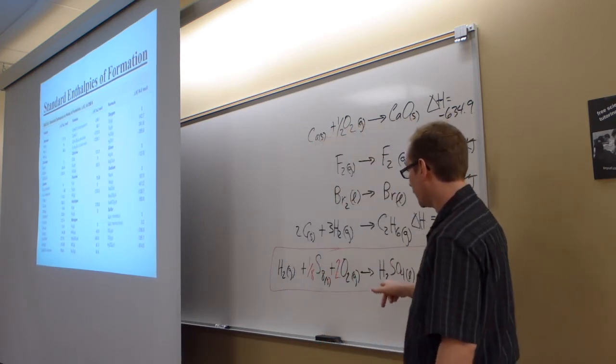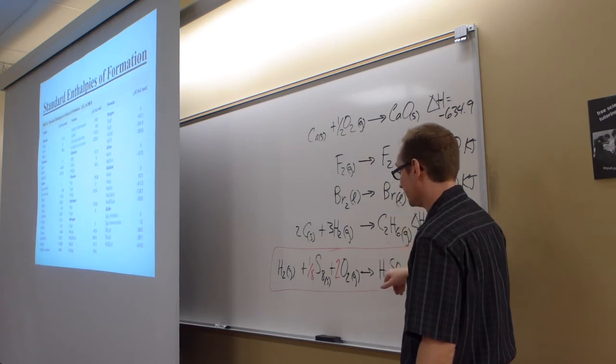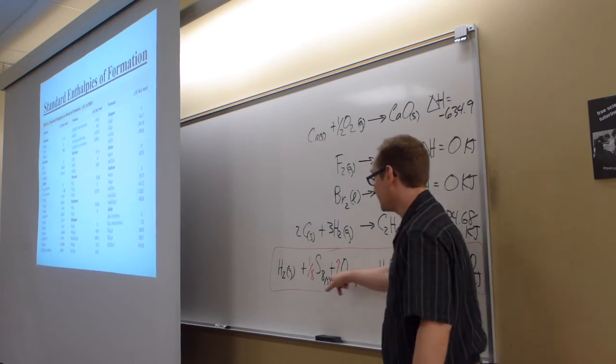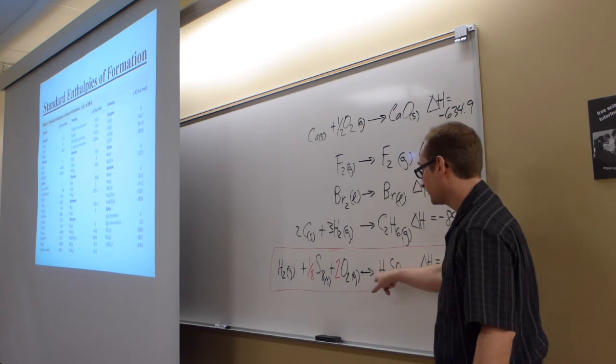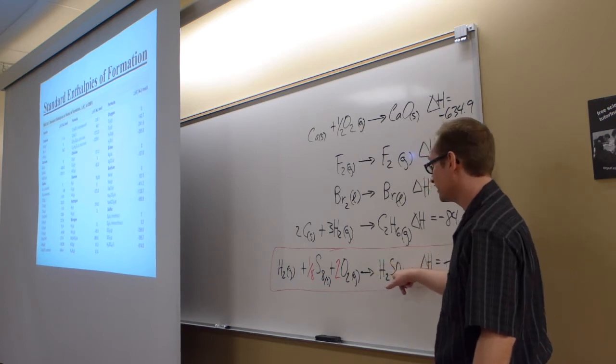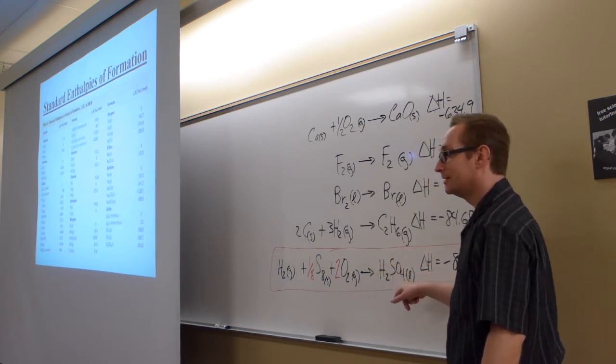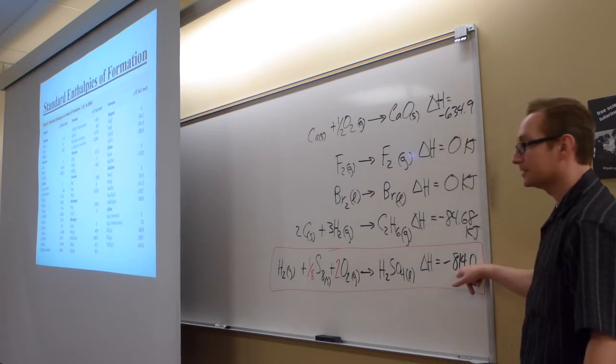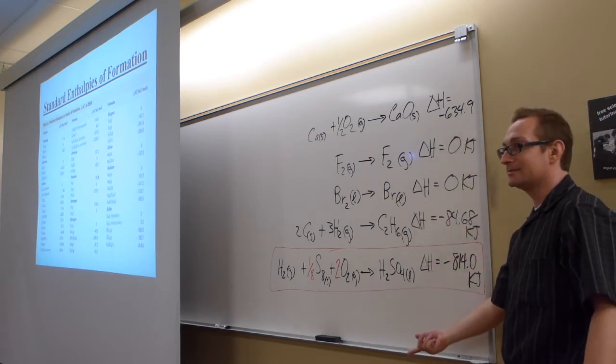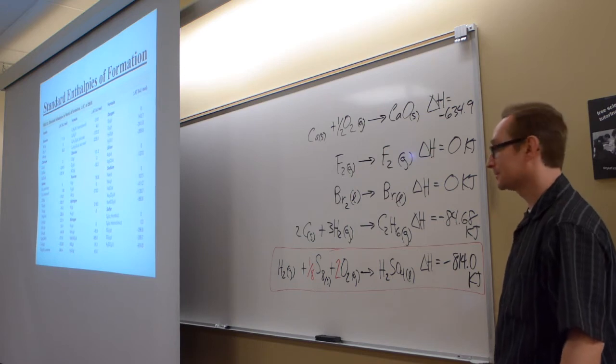Now, if I balanced this differently, like let's just say instead of having 1/8 here, I had 8 in front of the product, to get 8 sulfurs. What if I did that? Okay, at that point, I'd have to multiply this delta H by 8, right? So,